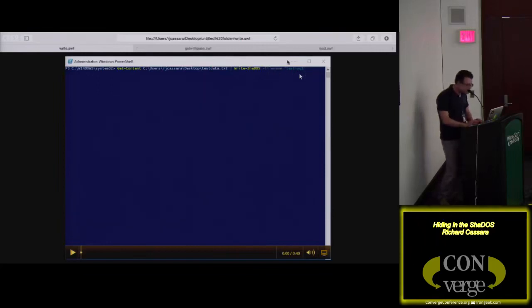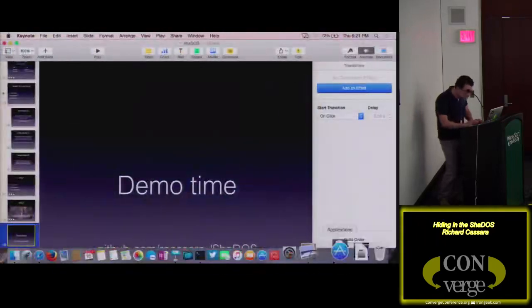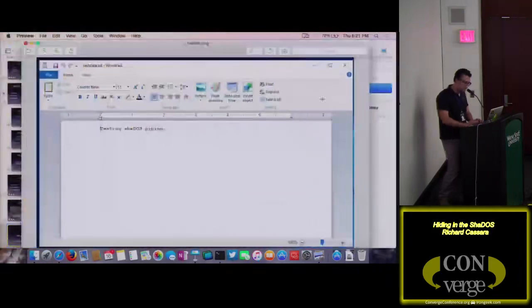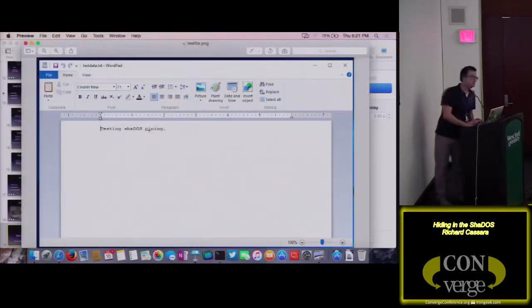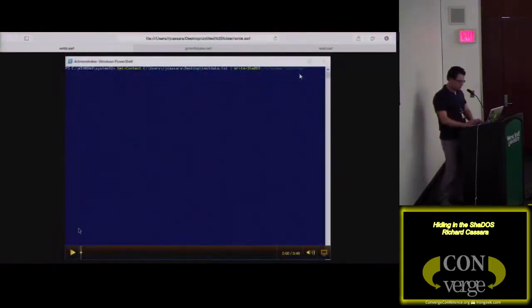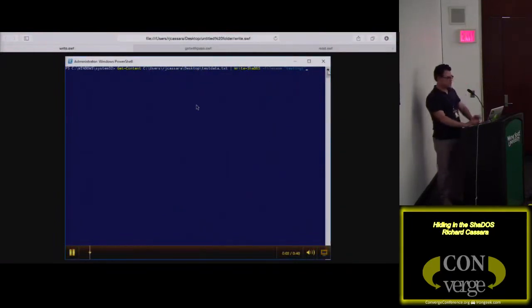And just to show, this is the file that I'm piping in, and it just says "testing ShaDOS piping." So when I run this, there we go. All right, I'm going to execute this command.